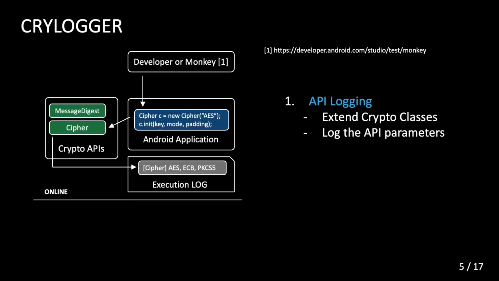We instrumented, for example, the class Cipher, the class MessageDigest, and others. In this way, every time one of the functions of these classes is called, we can log the most important parameters that are passed. For example, on the left, you can see that an application uses the class Cipher to perform symmetric encryptions. When the function init is called, we store in a log file information about the algorithm, the operation mode, the padding scheme,